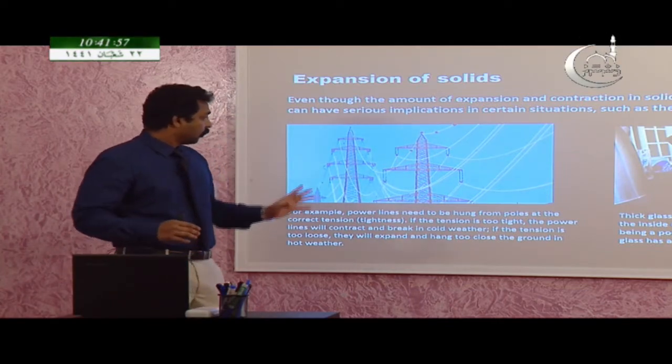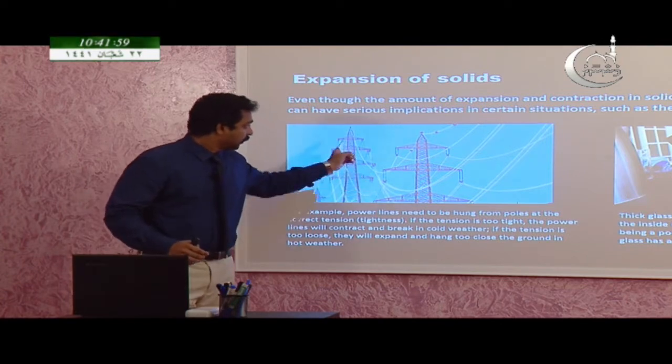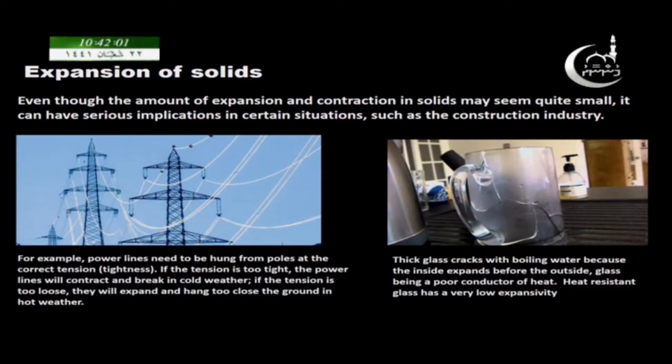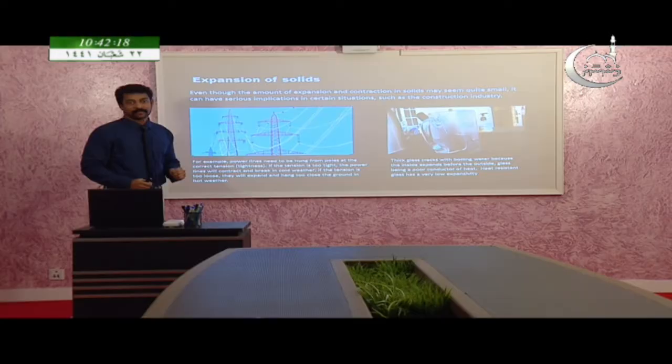How many of you notice these power lines here? See, these power lines, the white colored one is the lines. Okay? Power lines need to be hung from poles at the correct tension or tightness. These power lines are actually sagged, so it's not very tight between two poles. What is the situation here? If the tension is too tight,